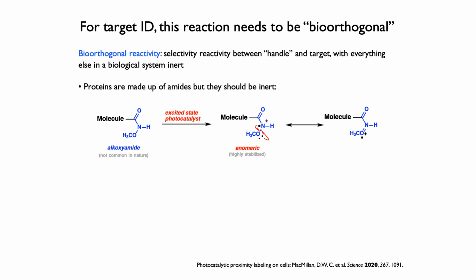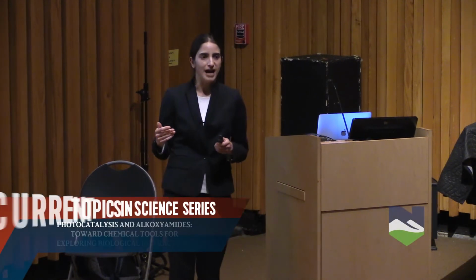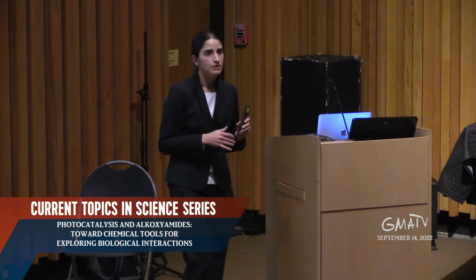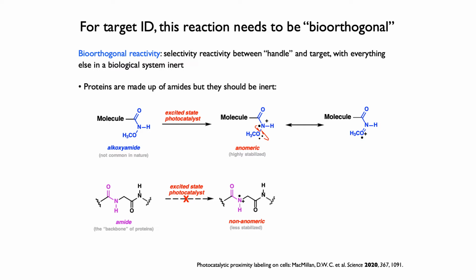When the alkoxyamide interacts with the excited state photocatalyst and removes an electron, does resonance sound familiar? Does the term sound familiar to anyone? Basically, when electrons can move around a lot, they're happier. So if this single electron is stuck on nitrogen, it is not happy. By having this oxygen right next to it, that electron is free to move around some. So it's going to be a happier unpaired electron than if this oxygen weren't there. And those red arrows just indicate the electrons moving around.